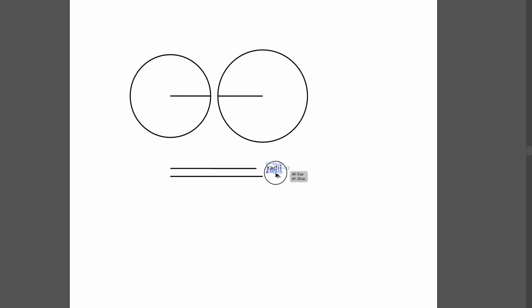And I hope I'm spelling radii correctly, but maybe not. You can see that the distance between the centers is larger than the sum of the radii.